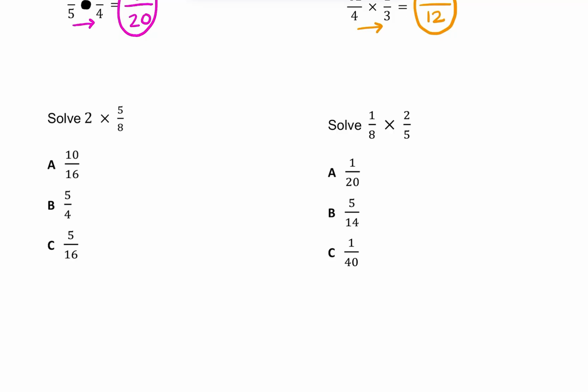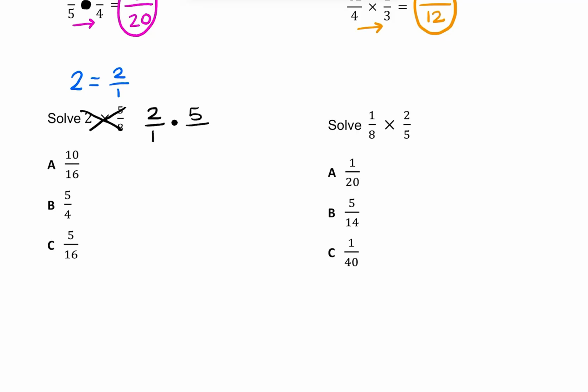I need you to make a little note to yourself up here. We need to know that whole numbers, if we want to make them a fraction, go over 1. That is on our invisible math wall. On the invisible math wall, it says 3 equals 3/1. So 2 is the same thing as 2/1. So before I start multiplying, I'm going to mark this one out, and I'm going to rewrite 2 as 2/1